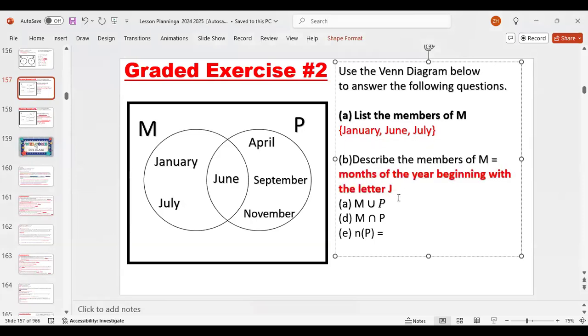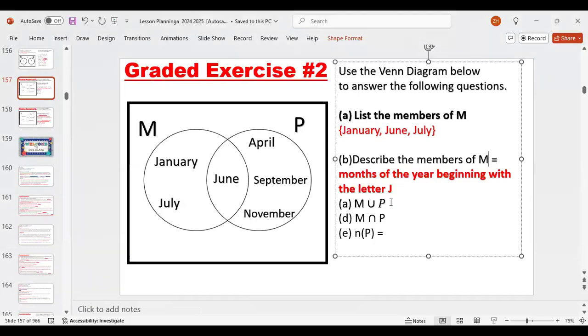You have to be specific with this question, saying beginning with J, because I just had months of the year. Yes, you have to be specific. I put months that start with J. Months that start with J, yes. All right, but you have to be very specific with sets. I didn't tell you all that, but sets follow a specific rule when you're describing them, because if you just say months of the year, then I could include anything else inside that set, right? So you have to be very specific.